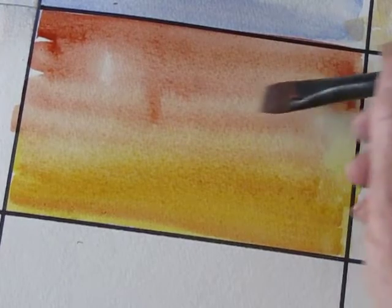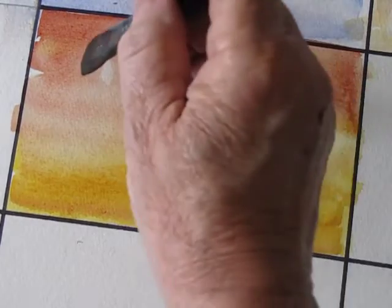Take that right to the bottom. Now, got a sunshiny bit there for some reason. Okay, now ultramarine,